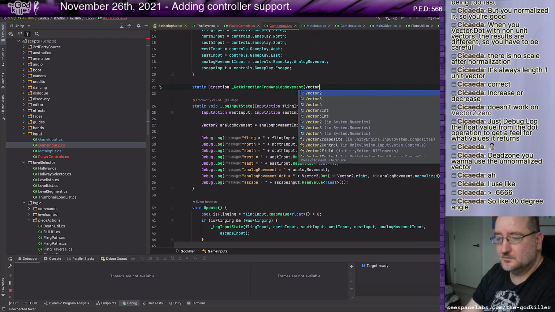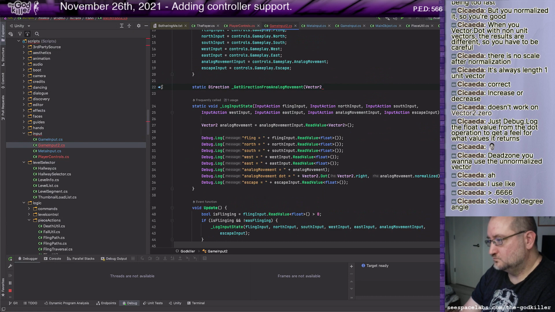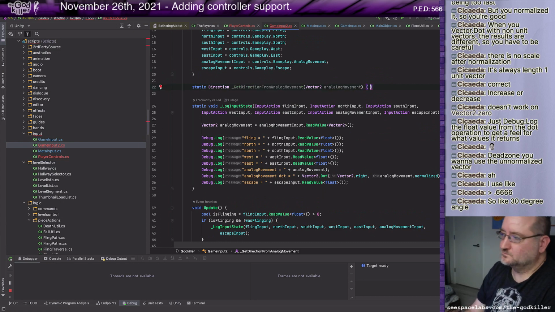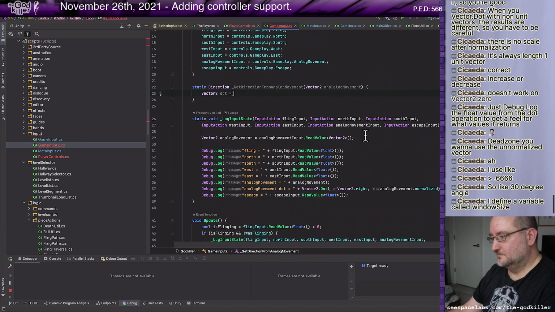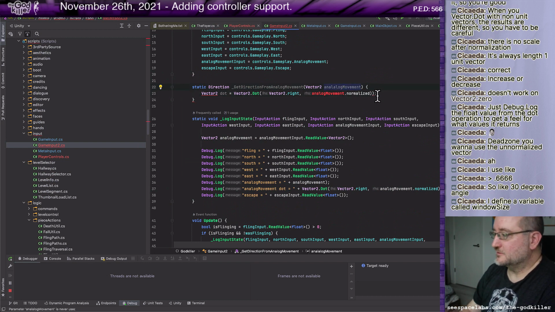Vector 2, movement, float, no, vector 2, and a log.